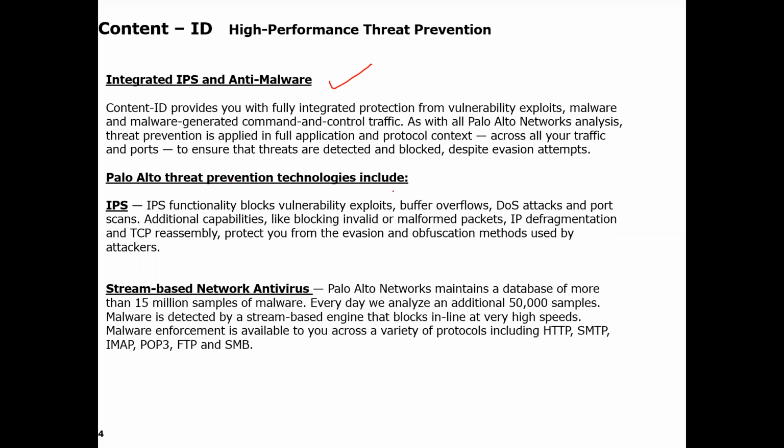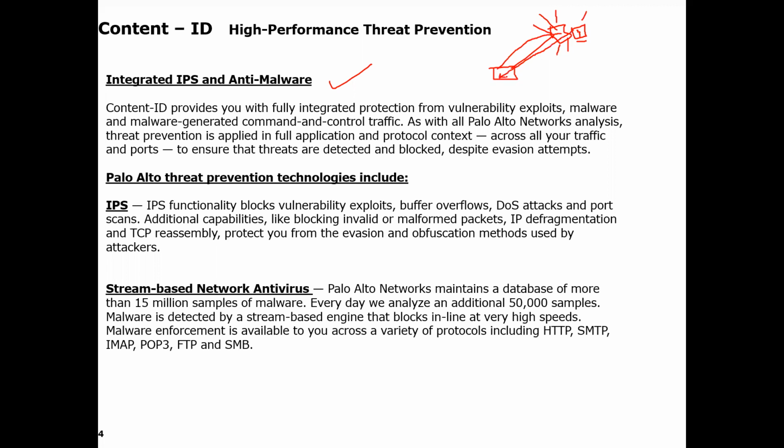So how does this firewall get the Content-ID? Your firewall is connected to the internet, and every day, at updates.paloaltonetworks.com, they try to see if any virus, vulnerability, or malware has come. They create an antidote, and the firewall will go and fetch those antidotes.